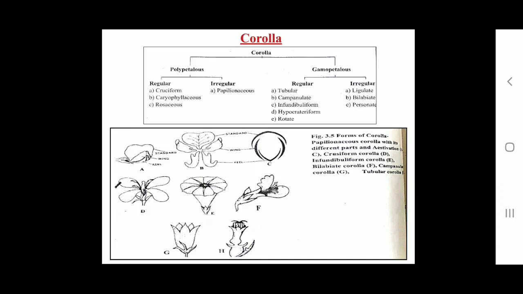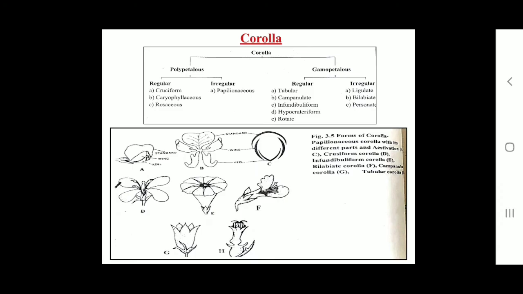Then next form, that is gamopetalous forms. Petals are united. It may take a variety of forms, example infundibuliform, bilabiate, tubular, campanulate, rotate, personate, etc. So out of these, first we see infundibuliform or funnel-shaped corolla. The corolla is gamopetalous and actinomorphic. It has a tube which is narrow at base and expands towards the top with spreading limbs, resulting in a funnel-like appearance,